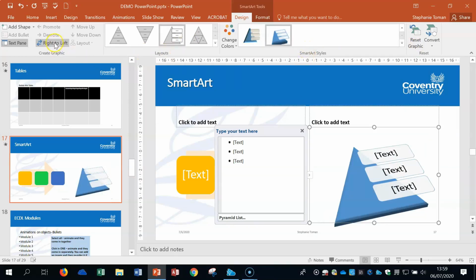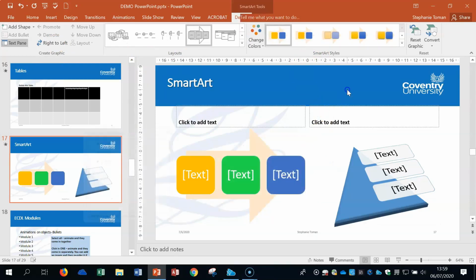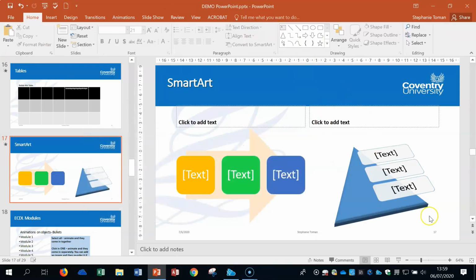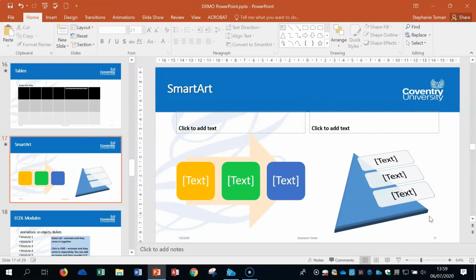Okay, so that gives you a quick idea about how to insert, edit and manipulate charts and graphics. The next chunk of slides for the last part of the presentation is going to be on animations, looking at objects, drawing objects, etc., and then some extras at